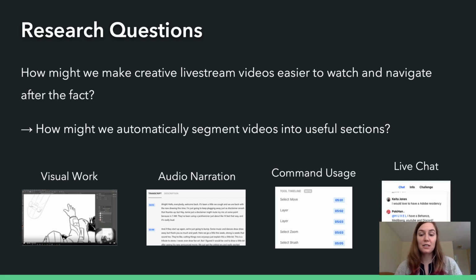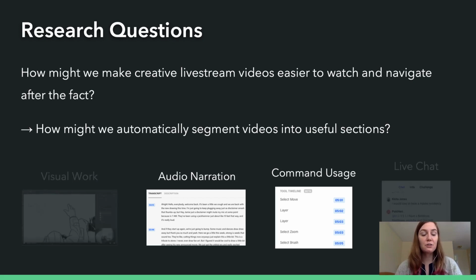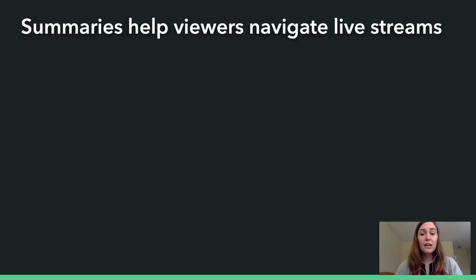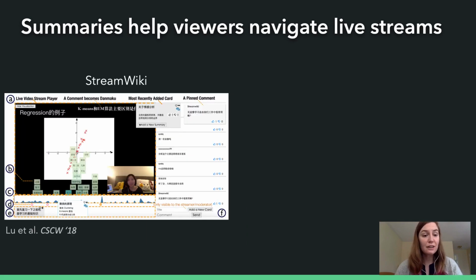Our approach that I'll be presenting today focuses on using audio narration and command usage to segment creative live streams, and is motivated by prior work that segments videos using one or either of these data sources, which I'll mention a bit later. And prior work has shown how summary interfaces can help viewers navigate educational live streams, like in